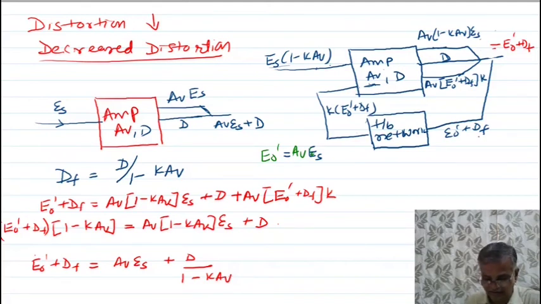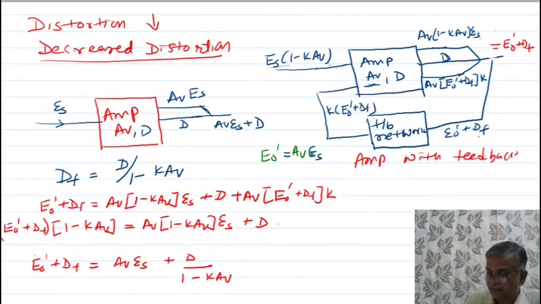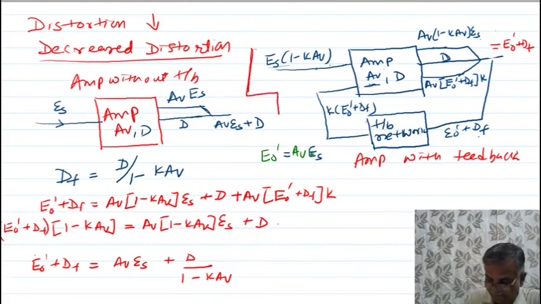Look here what I did. This is the output voltage of the amplifier with feedback network. This is an amplifier with feedback. Which feedback are we talking about? Only negative feedback. Remember this amplifier circuit without feedback. And if you want to compare these two distortions, then this voltage and this voltage should be the same. You have been given this already, we have discussed.